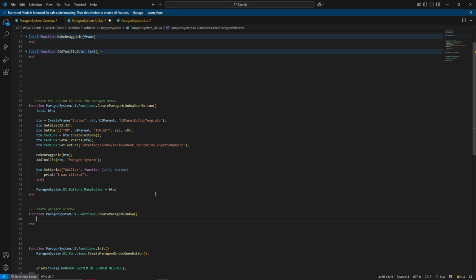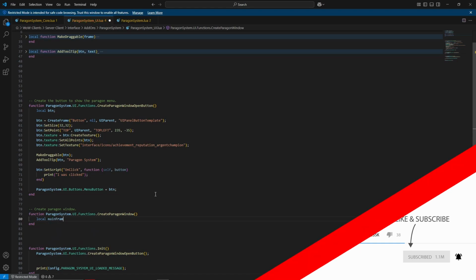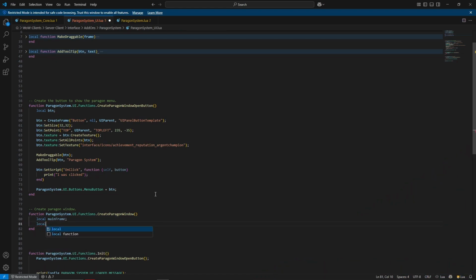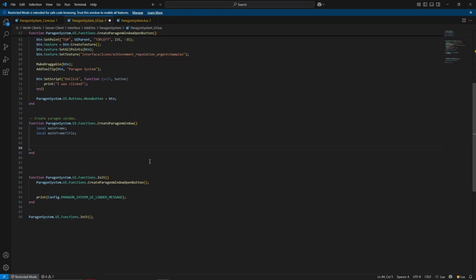Here we want to do some stuff. So let's first start with making the frame. So let's say local main frame and local main frame title, just to have the title object ready. Now, what we want to do is make the frame, and to do that, all you gotta do is it's